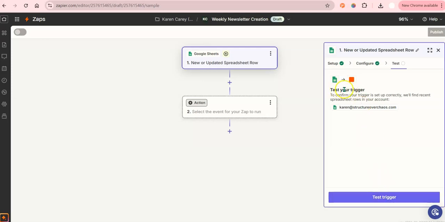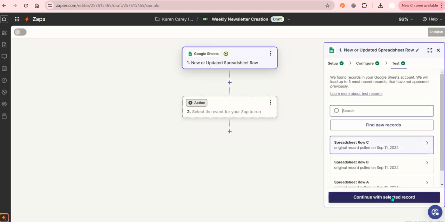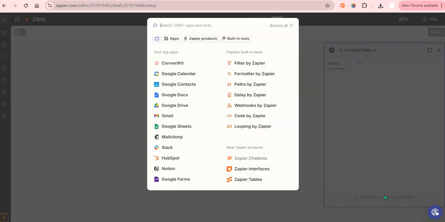And then it's going to ask me to test. So it wants to make sure it's pulling the right information. And you'll notice that they've pulled some data on today's date. So I'm not even going to look at it. I'm just going to say we can use that record. And so now I have to tell it what to do